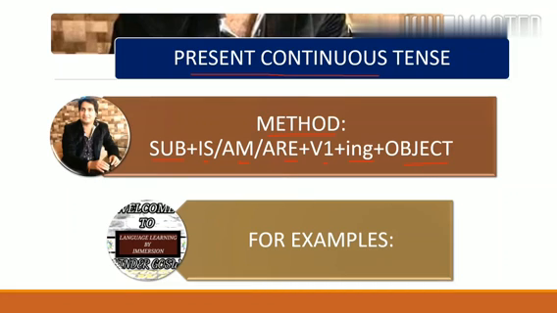Whenever we make any sentence based on present continuous tense, you need a subject, you need is, am, are. But remember one thing: what is present continuous tense? In short, in Hindi we can say those sentences which end with raha hai, rahe hai, rahi hai come under the category of present continuous tense. For example, मैं जा रहा हूँ, I am going. मैं नहीं जा रहा हूँ, I am not going. क्या मैं जा रहा हूँ, am I going? क्या मैं नहीं जा रहा हूँ, am I not going? So let's discuss more examples to understand this.